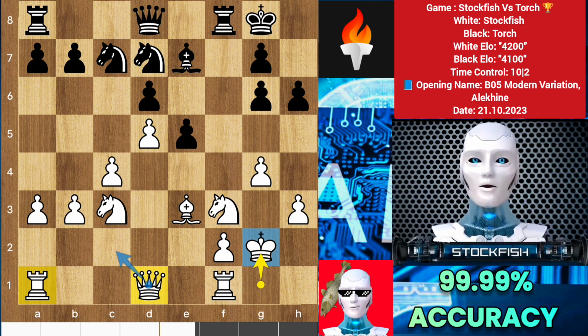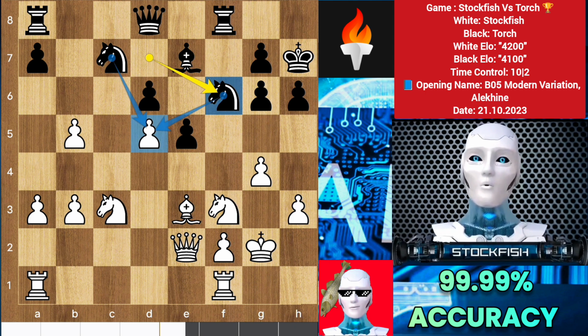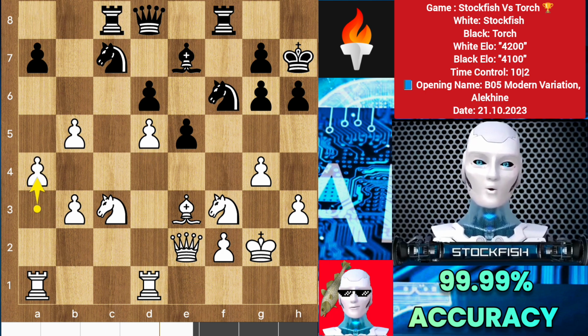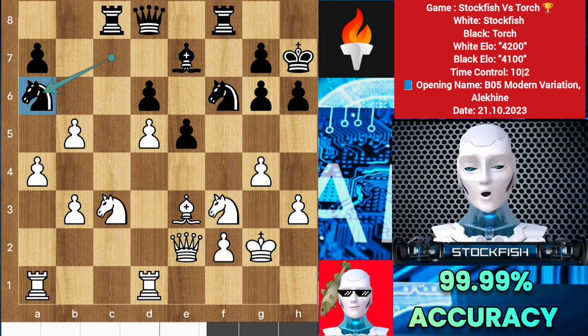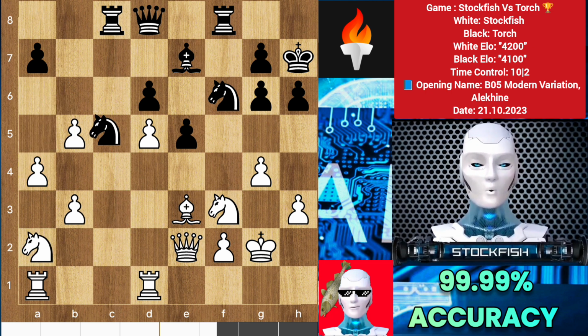rook c1 is a possible move to consider, king h7, queen e2, b5, sacrificing a pawn to play knight f6, targeting the undefended key pawn, so rook d1, rook c8, a4, knight a6, sacrificing the knight to isolate my rook pawns and secure the c3 square for the rook, so knight a2, knight c5, knight b4, if you capture